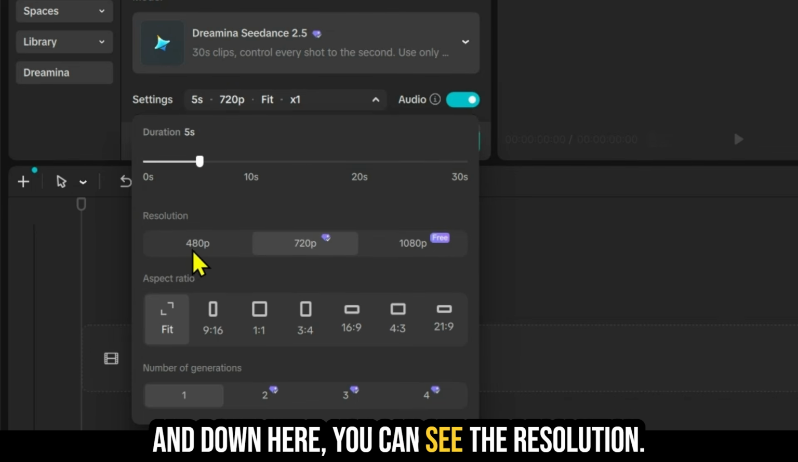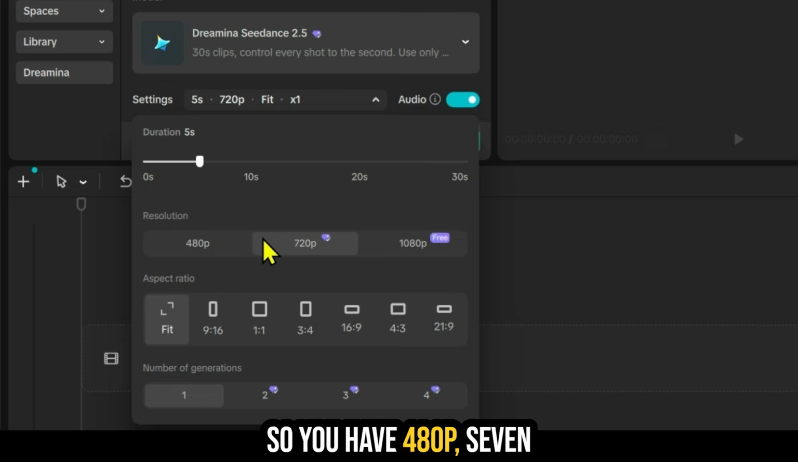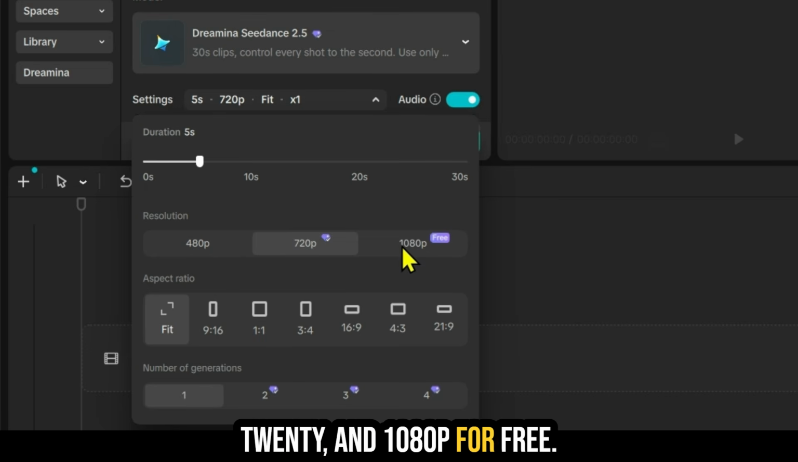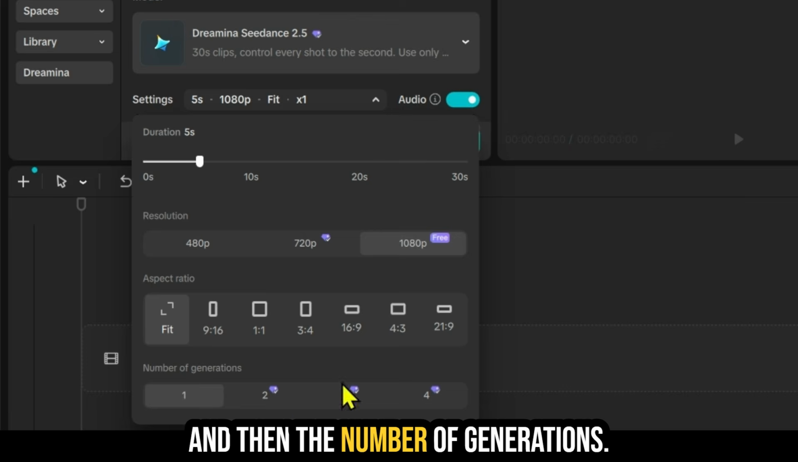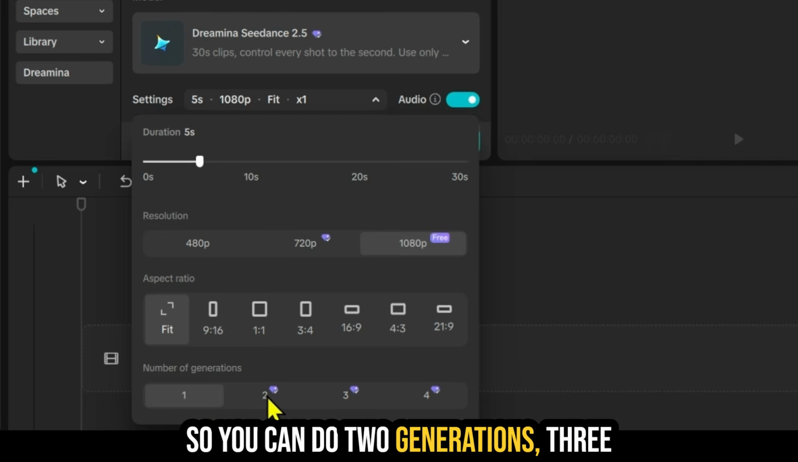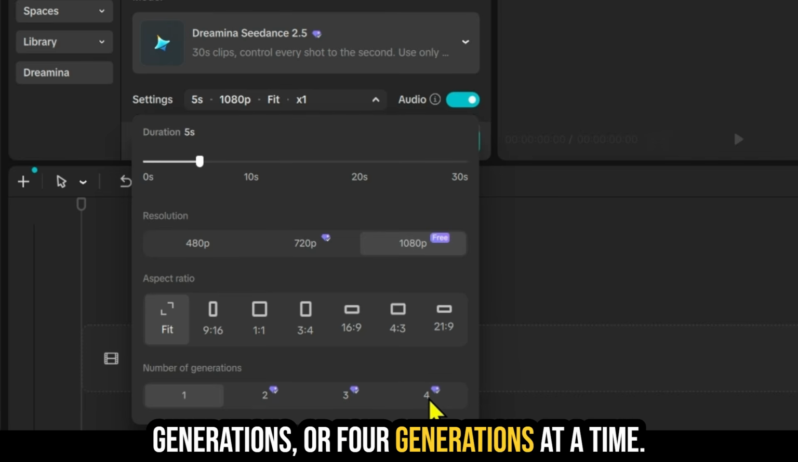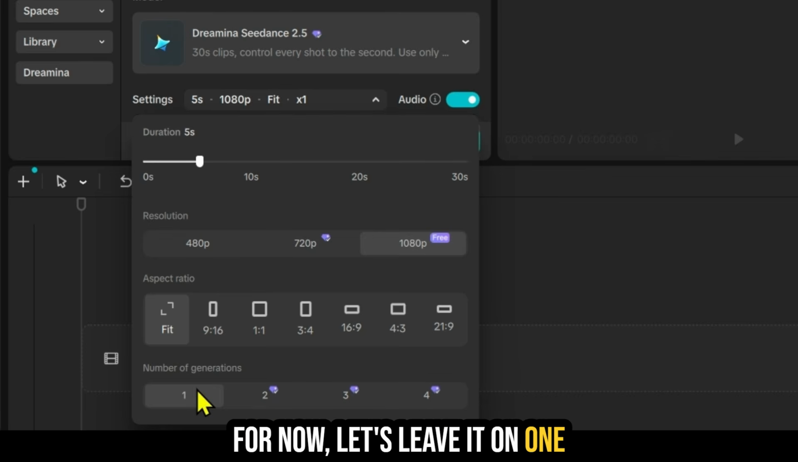And down here, you can see the resolution. So you have 480p, 720, and 1080p for free. So let's do 1080p. You also have your aspect ratio settings and then the number of generations. So you can do 2 generations, 3 generations, or 4 generations at a time. For now, let's leave it on 1 so we don't waste our